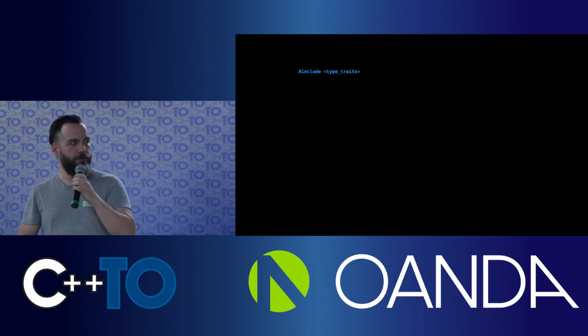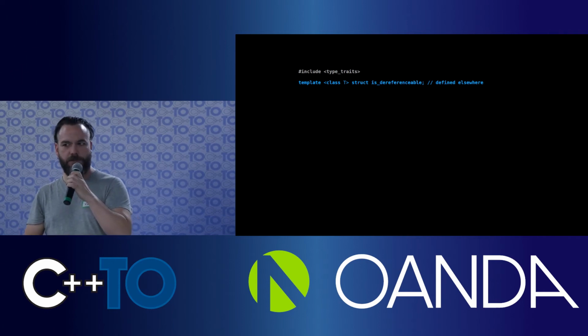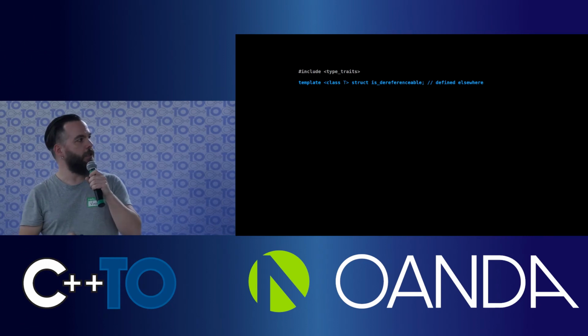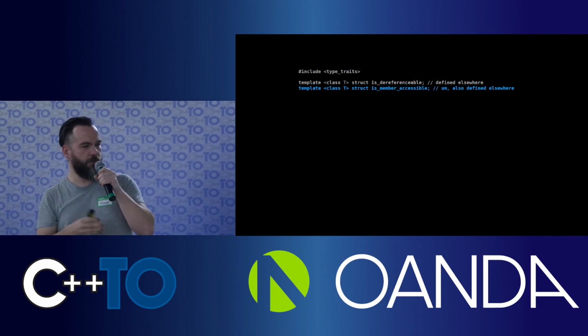And then I remembered this is a thing: type traits, use them. So what I did was I used a bunch of type trait stuff, and I created a couple. One is called isDereferenceable, which just checks if whatever's passed into it works with the star operator. And this is isMemberAccessible, which checks for the arrow operator. I guess that's not quite the right name. Maybe it should be is pointer member accessible or something like that. But anyways,